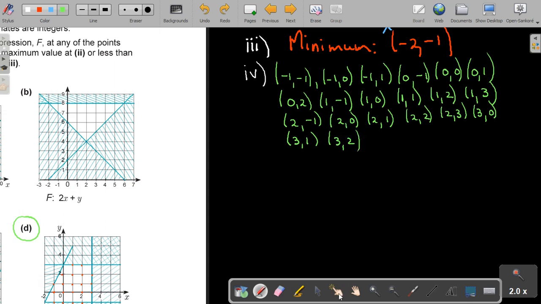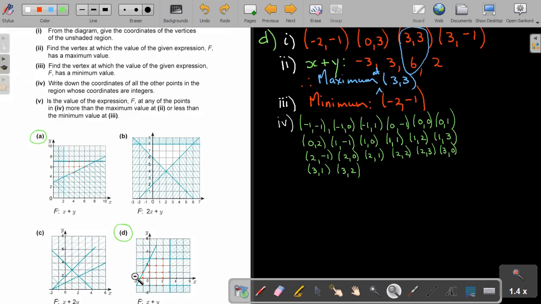Okay, and then the next question, it was just that red that I was writing down there. And then the last question is, is the value of the expression f of any of the points in this more than the minimum or less than the maximum? So basically I must just now add this up. So if I start adding it up, then I will get